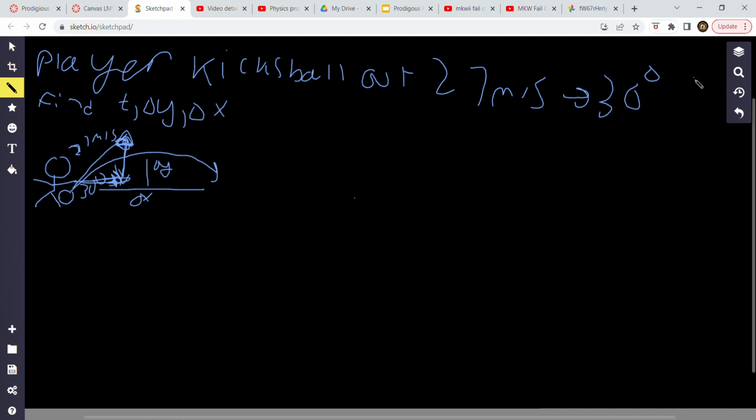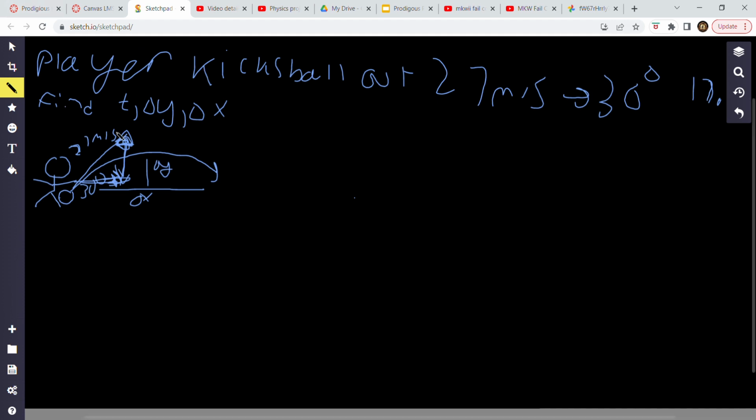Alright, so this is just question 17. I've already got it basically laid out just to save some time. It's talking about how a soccer player kicks a ball at 27 meters per second at a 30-degree angle. It's asking to find how long it's in the air, which is time, the horizontal distance, which is delta x, traveled by the ball, and then the maximum height, which is delta y. So first we should